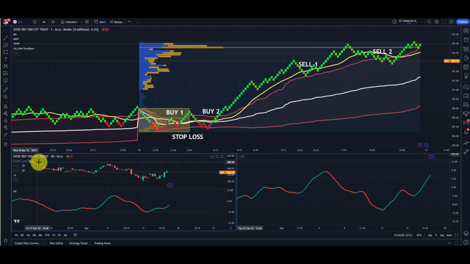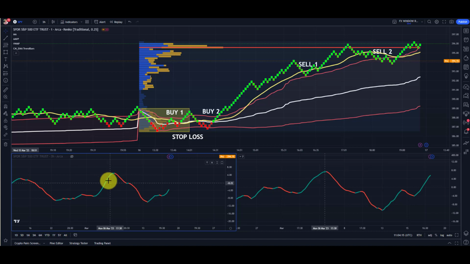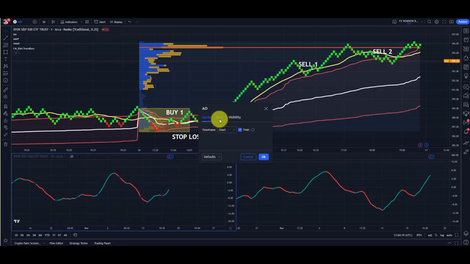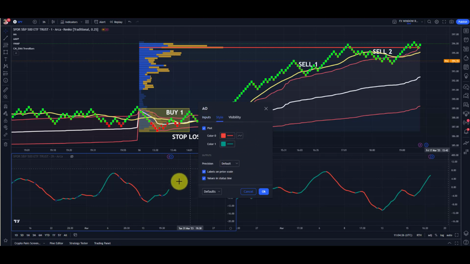So let's hide that again, because we don't need it. And it's the same with the awesome oscillator on the right, exactly the same. So we've hidden that. Let's get rid of that, drag that up, and the awesome oscillator is added on there. There's nothing to set differently. It's the standard awesome oscillator, other than the fact that I've changed it to this line approach because